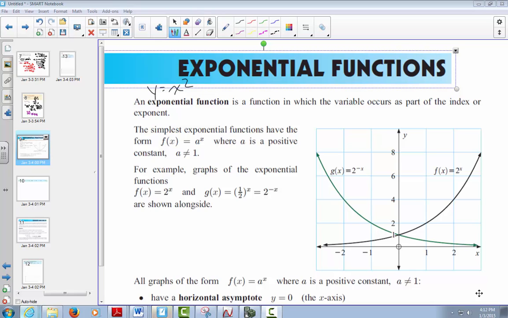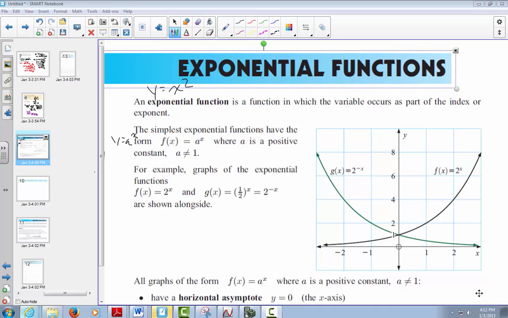The simplest function, f of x equals a to the power of x, or y equals a to the power of x. Whichever way you want to look at it. A is a positive constant, and a does not equal 1. It'd be a really boring graph if a equaled 1. Now, for example, if you have this